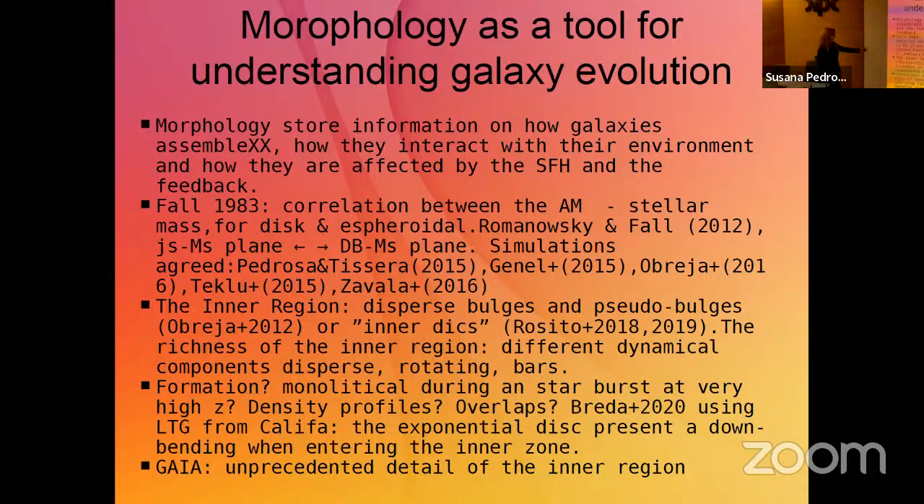Obreja with Nihao, Teklu with Magneticum, Zavala with Eagle, Patricia Tisera and me with an old simulation that we used to have called Phoenix Project. We all studied this relation, and on the one hand, all the simulations verified the proposal, the observational relation found by Fall. But this also allowed us to dig into different properties of the galaxies through analyzing the angular momentum content. We did that at that time, and later we were analyzing with